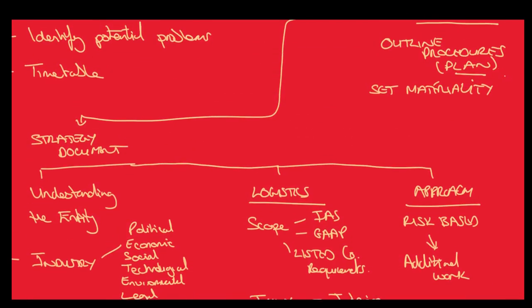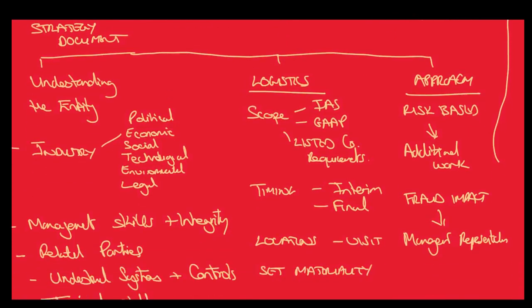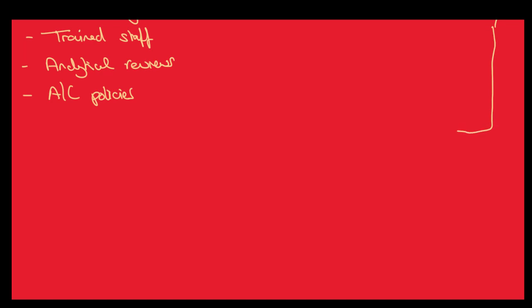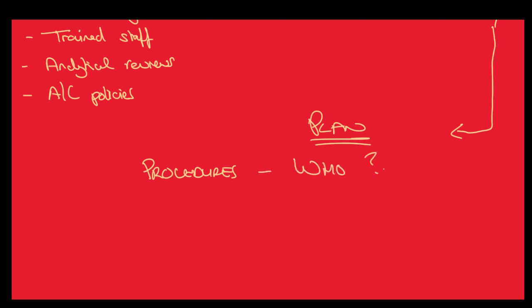Finally, though, we need to do this detailed plan, don't we? So let's go down and let's do this detailed planning. Okay, so the plan. Strategy is scope and direction; the plan is the details. What you've got to basically plan are the procedures. What procedures are you going to follow? And in the detailed plan, who's going to do those procedures? Who's going to look at debtors? Who's going to look at whatever particular tests are? How many? Because you've set materiality and your sample size, how many are you going to test?